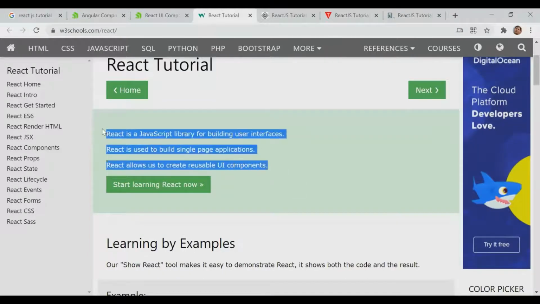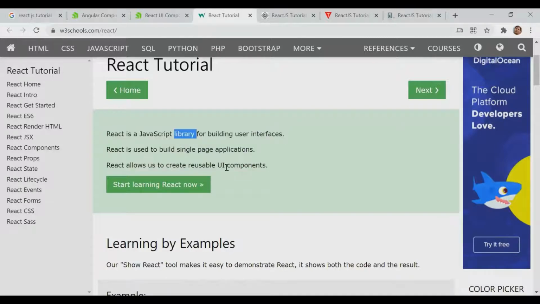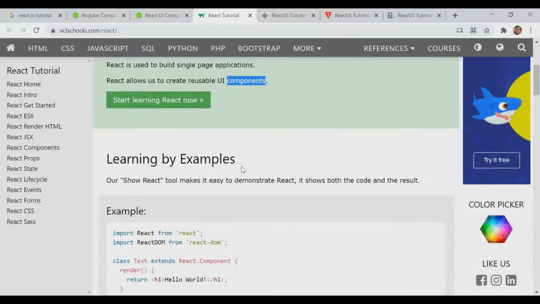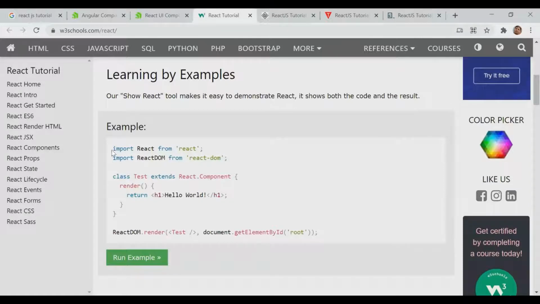So these 3 lines are very clear to everyone, I hope, right? Because the people who have worked in Angular are much more familiar with libraries, single page applications and components. And here we have the example of import. Then we design a class, and then we have the DOM, document object model.